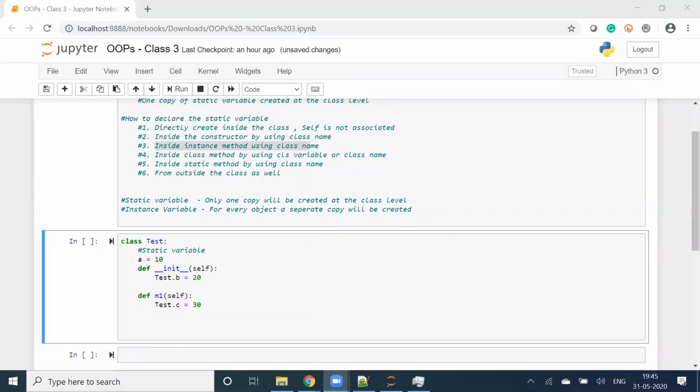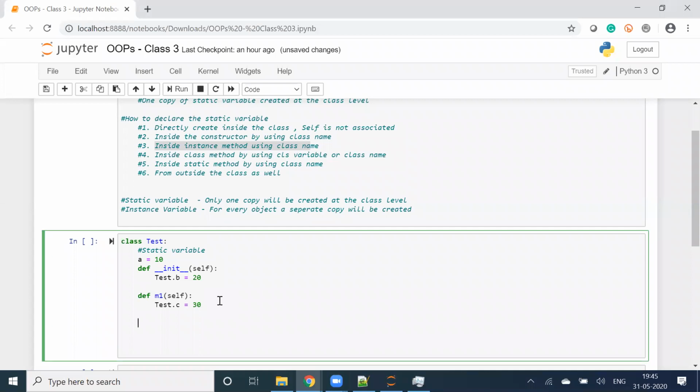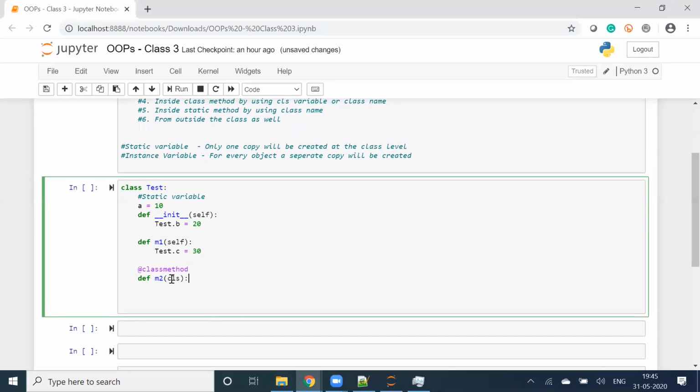Those who are aware of the class method decorator know that we have to pass a decorator to help Python understand that it is a class method, and to do that we will have to write @classmethod, which is nothing but my decorator, def m2, and I will write cls inside this. When we are creating a class method, we have to write cls. We'll check that in the method class.